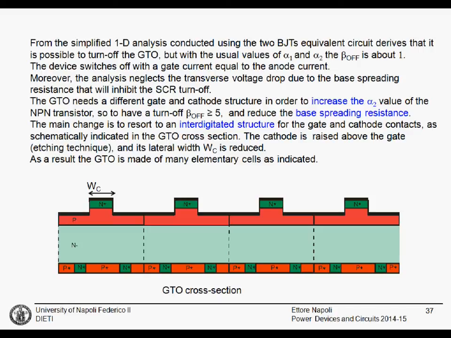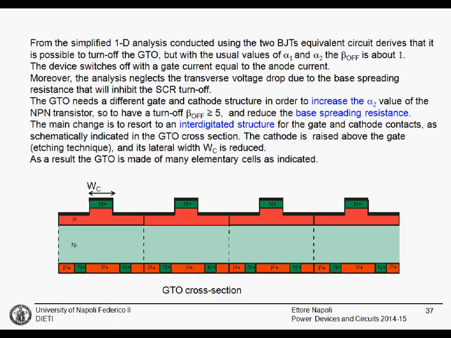If we apply the analysis that we've shown to a BJT, to an SCR, we see that it is possible to turn off the GTO, but with the conventional value, the off beta, the turn-off gain is about 1. This is not acceptable. You don't want to switch the device off carrying the entire anode current. In order